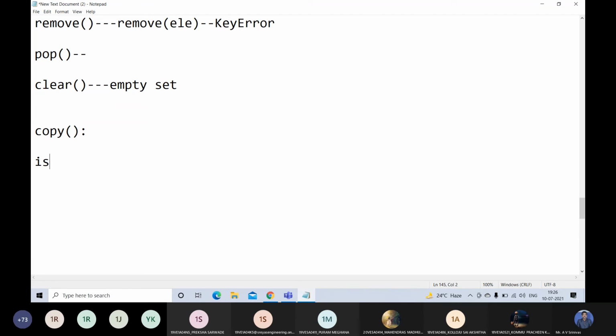Then the next method is isdisjoint. Disjoint sets means, anyone tell me? Because you know already about sets in mathematics.